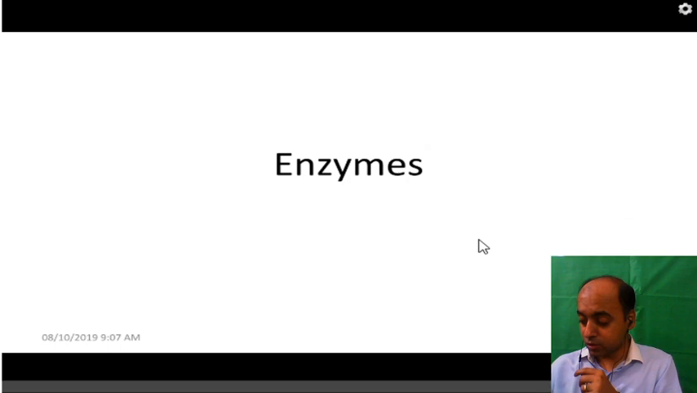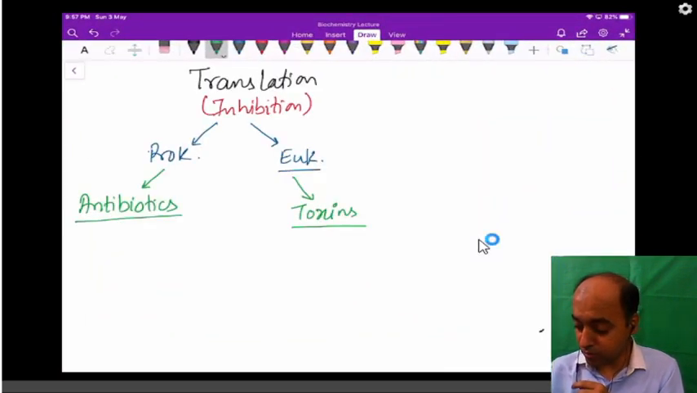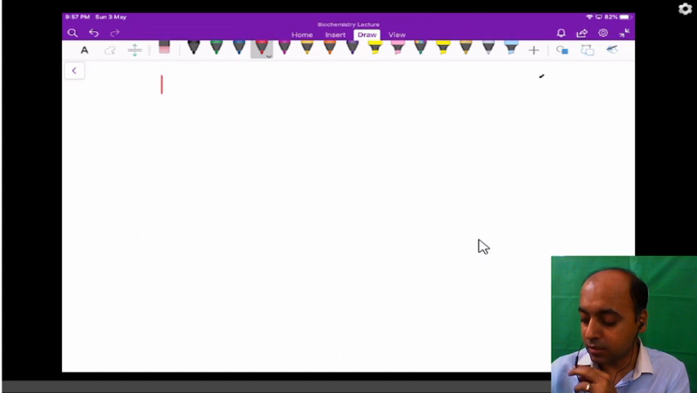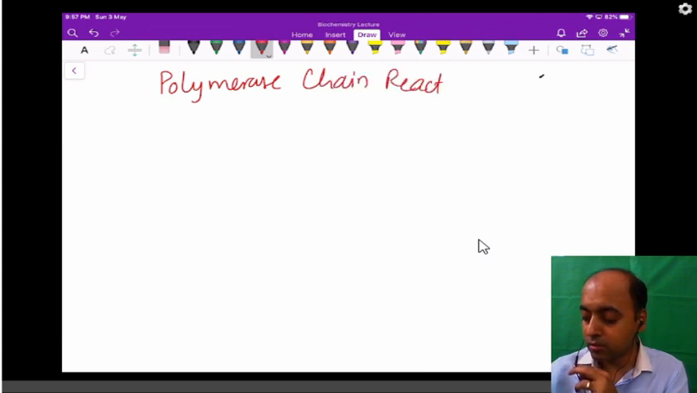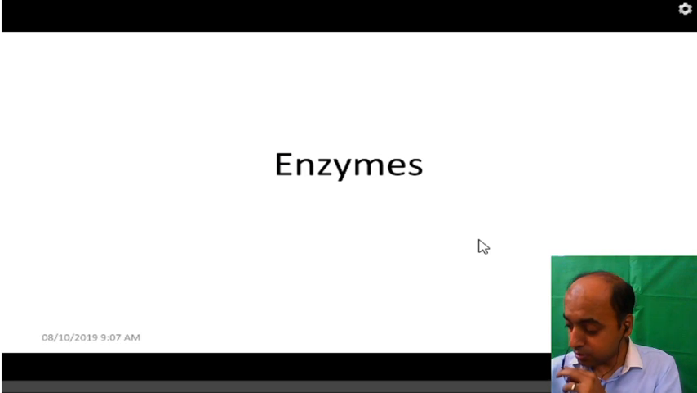Okay, so at this point there's some other things that I want to talk to you about, and first and foremost in that list is the polymerase chain reaction. Before the polymerase chain reaction,